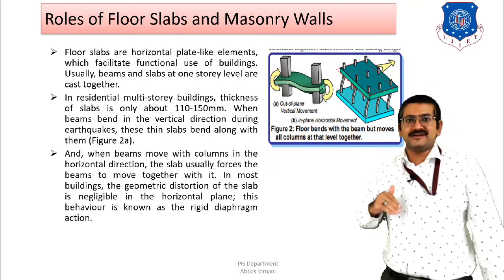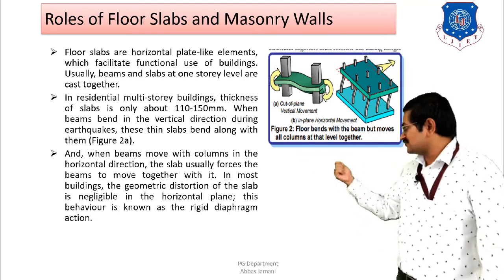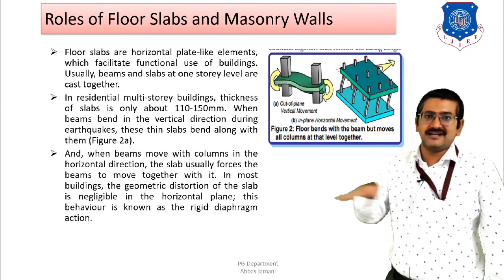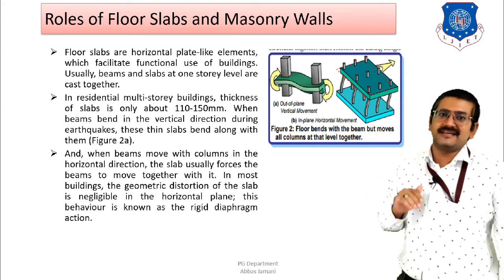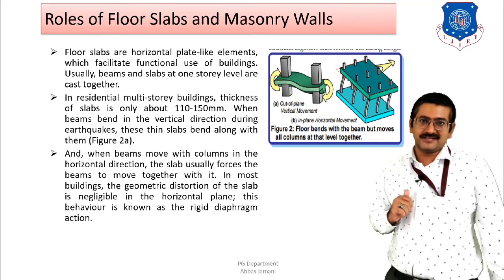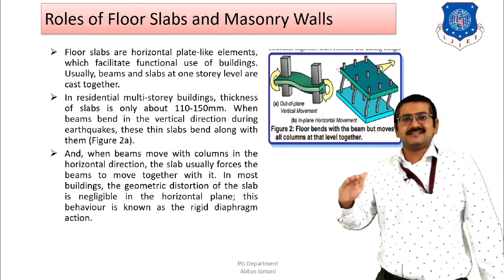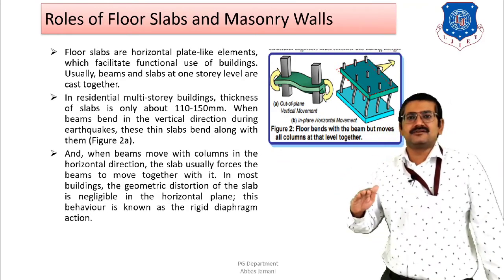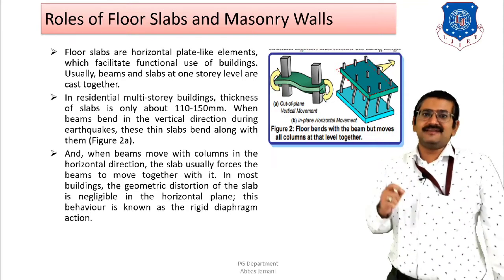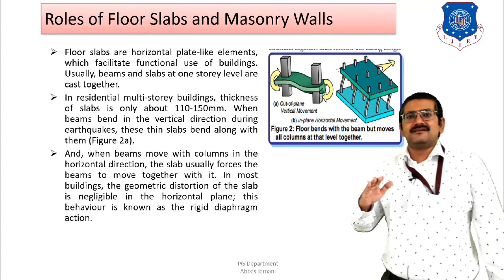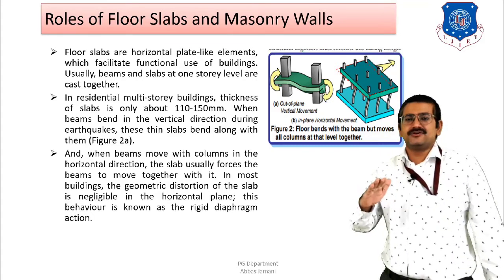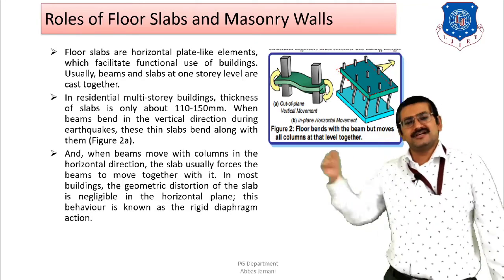But if there is a large floor plate, as shown over here, and the displacement is along the major direction or the length of the slab, then there is a lot of stiffness available in that direction. Due to this large amount of stiffness, there will be only a minor movement of the slab as compared to that of the columns and the beam. That is why the in-plane movement of the slab is one of the reasons through which the lateral forces are transferred from one end of the building to the other end.